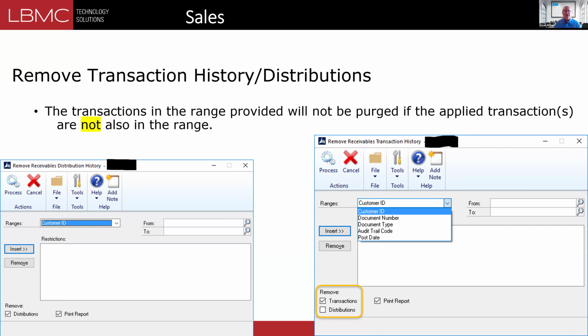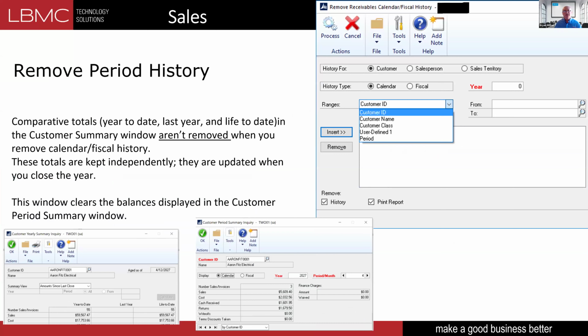So we could take out the receivables transactions and the GL accounts associated with those at the same time. The comment here that I have in yellow up at the top: if you pick a customer's invoice or a payment and the document that was applied to or from is in another date range, so if you said I'm just going to remove 2020 transactions, but if a payment is in January of 2021, then that transaction from December of 2020, for example, would not get removed,